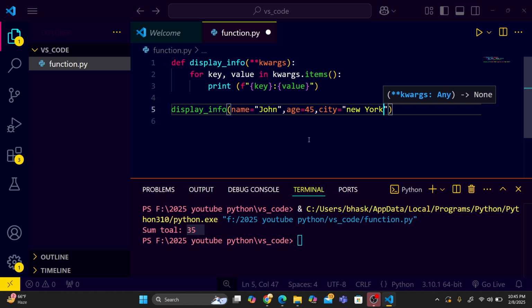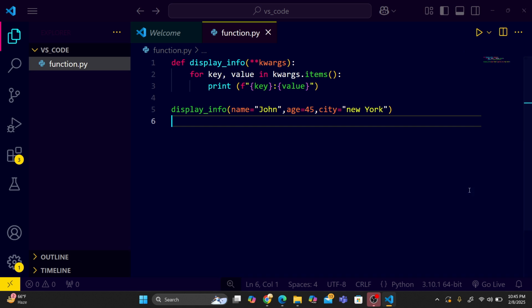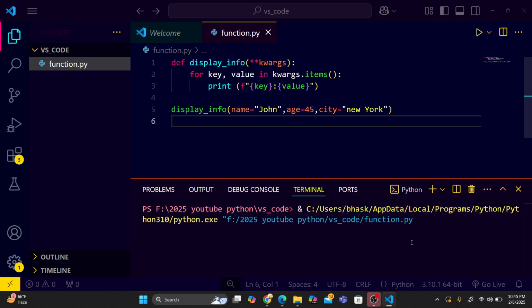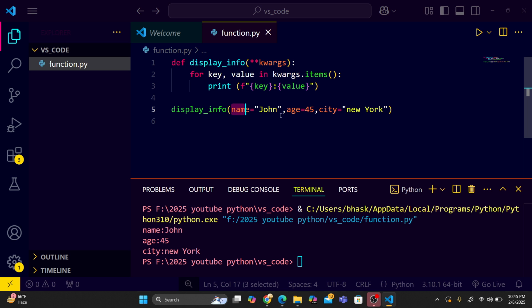Okay, so this is the thing. Now just run it. Wait, I will explain it. Here you can see the name is John, age is 45, and city is New York. Here you have to define name equal to John, age equal to 45, and city equal to New York. This name, age, and city are the parameters, but you don't